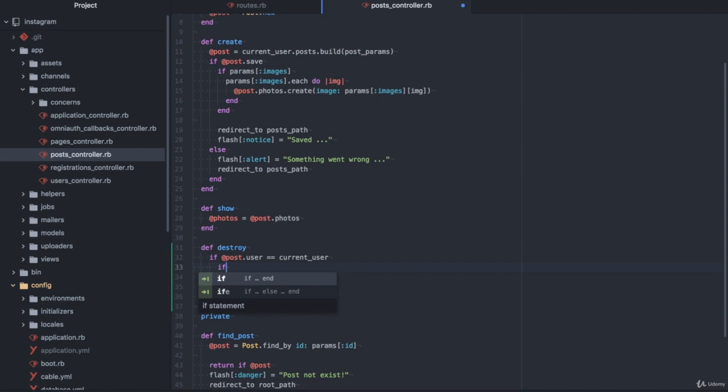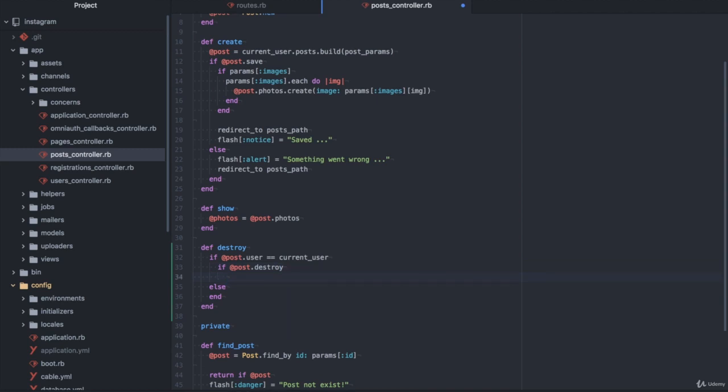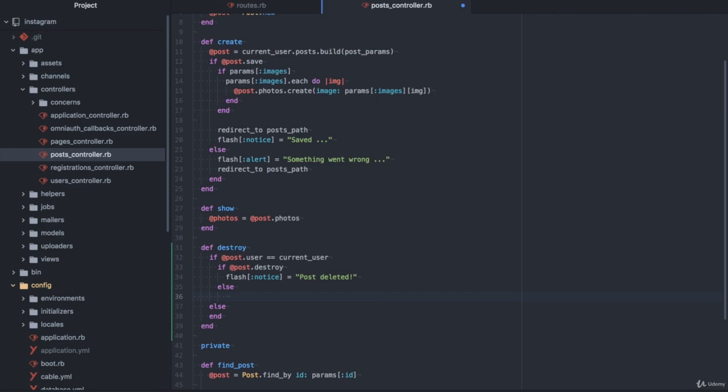If that post belongs to the login user and post.destroy destroys successfully, we'll flash a notice that the post is deleted. Else, if it deletes not successfully, we'll alert